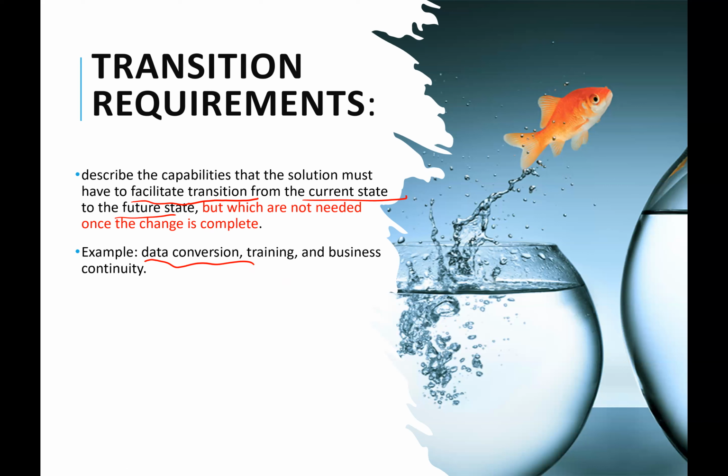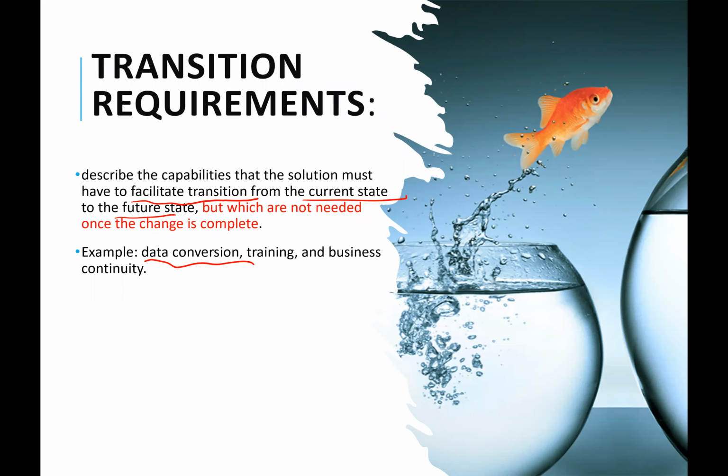It may be requirements you need for business continuity. Maybe your new solution requires this very big resource, this very big equipment. But in the interim, maybe that resource has to be ordered and it will take 7 months, it will take a year for them to manufacture it to your specification and send it. In the interim, you may say, okay, we need this other smaller resource for now that is bigger than what we currently have, but it's not as big as what we want, so that we can use it.